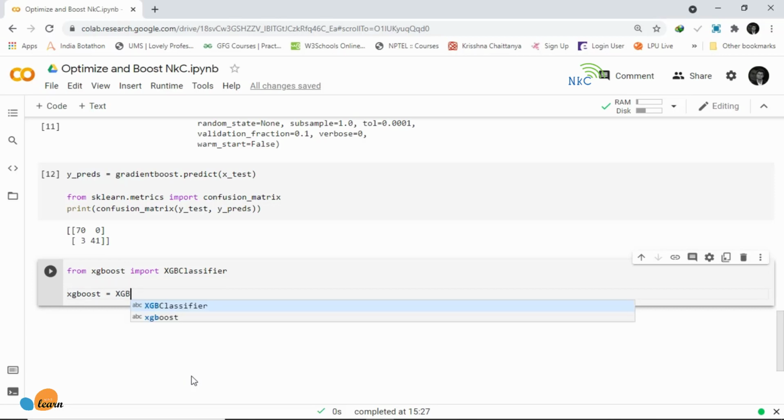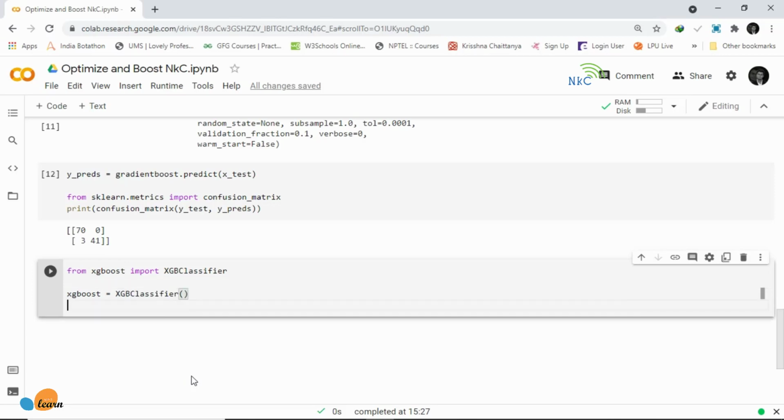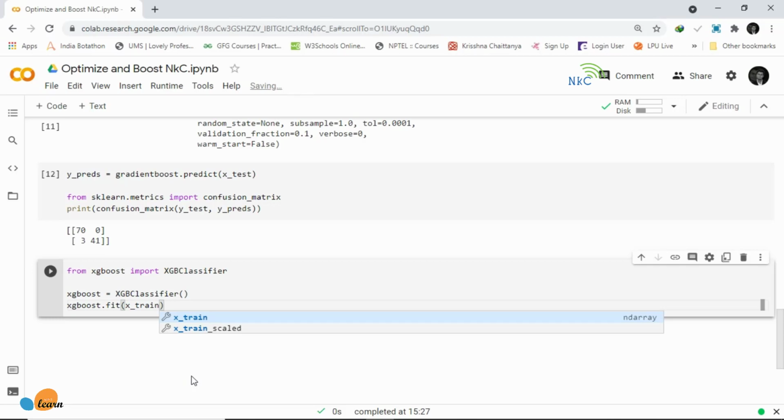And all you have to do is import XGBoost, because it's a separate library, which is already installed in Colab.